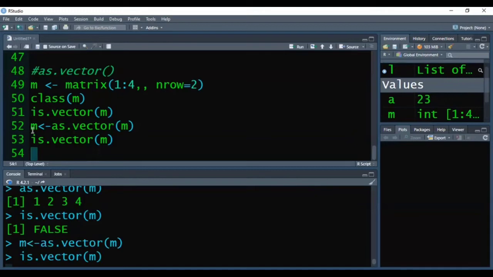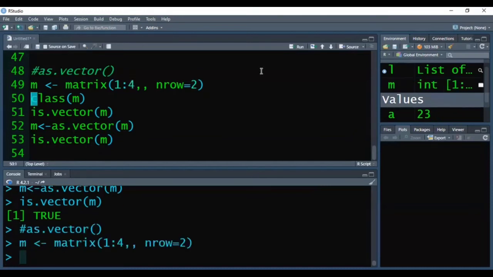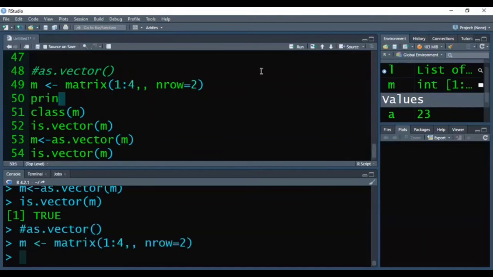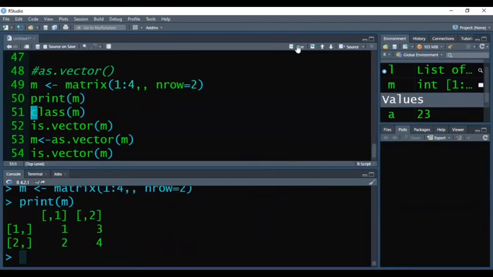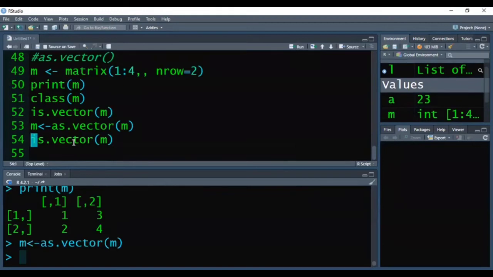Now when I press this, it is giving me true. So that way we can convert an object into a vector also, and we can see the difference in the output. Firstly, when I run this and print M, the output would be like a matrix. But when I convert it into a vector using the as.vector function, you can see